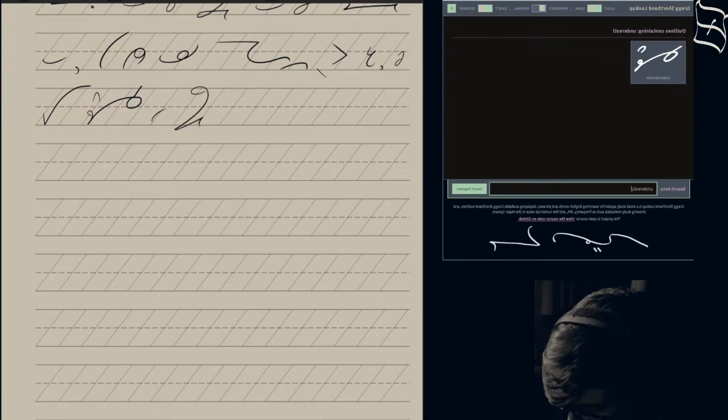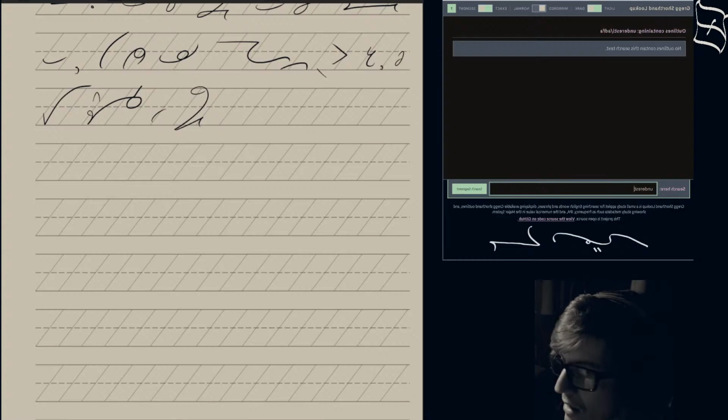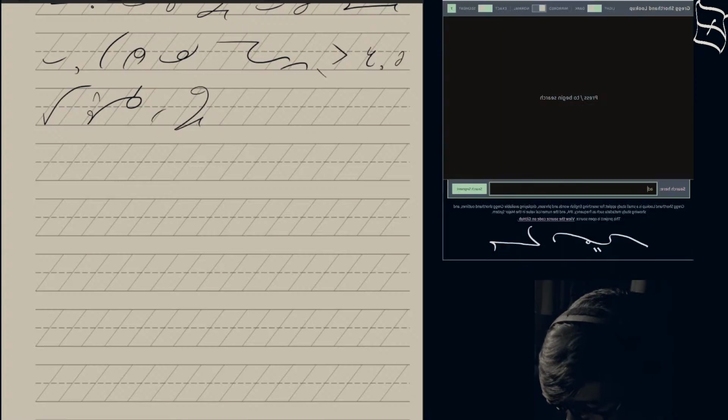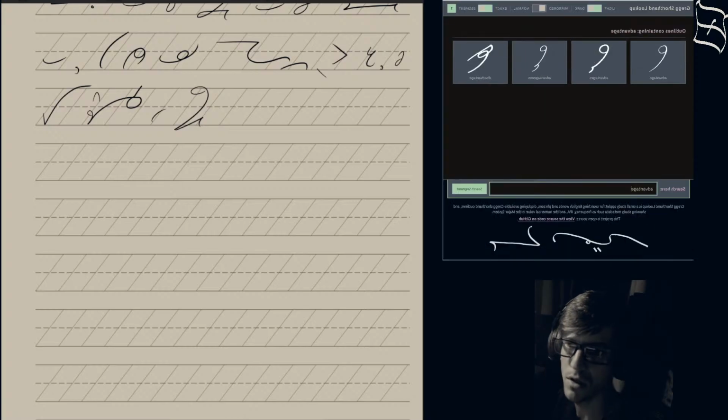Let's take a look at that. Advantage. Yes, yes. Oh, advantages is just the S at the bottom. That's right. We shouldn't underestimate the advantages of writing, period.